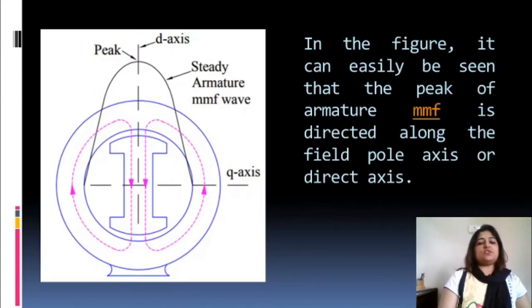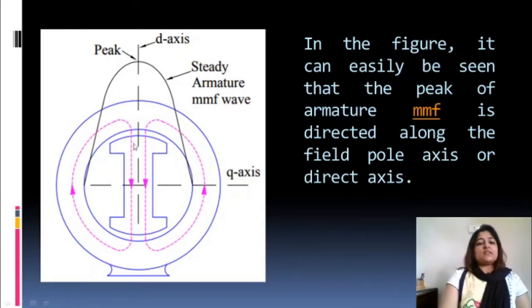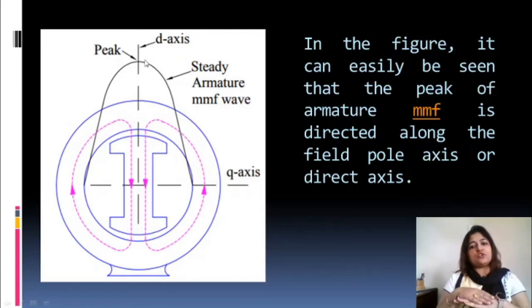Now for example, this is your synchronous machine, and this is the salient pole rotor. As I told you in the last video, the direct axis and quadrature axis come into the picture only when we deal with salient pole alternators and not with cylindrical pole alternators. So we are considering a salient pole rotor here, and we can see the axis of the salient pole rotor is vertical here. So the vertical axis will be the d-axis. If the salient pole rotor is horizontal, then the horizontal will become the d-axis. So my point is, whatever the axis of the rotor is, the same will become the d-axis.